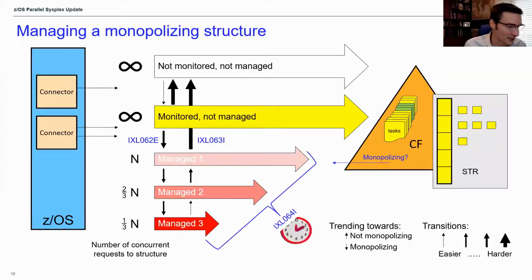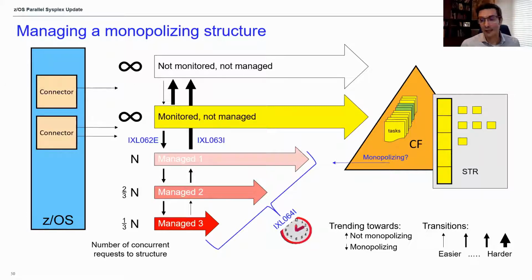So this is the pictorial diagram of this. Basically, I have a structure and a bunch of connectors. I have a structure, represented by the white arrow at the top, that is not being monitored or managed. It's sending virtually an infinite number of requests to the coupling facility. If the coupling facility gives back an indication to z/OS that this structure is totally monopolizing most of the tasks, as represented by the yellow tasks inside of the CF,